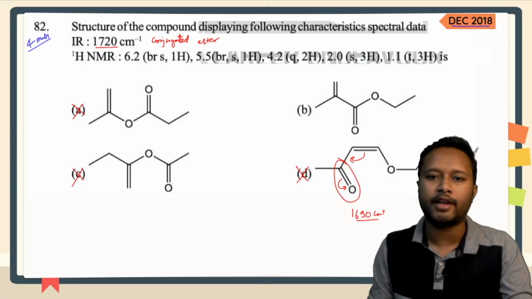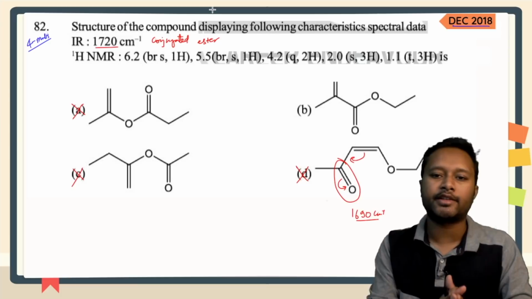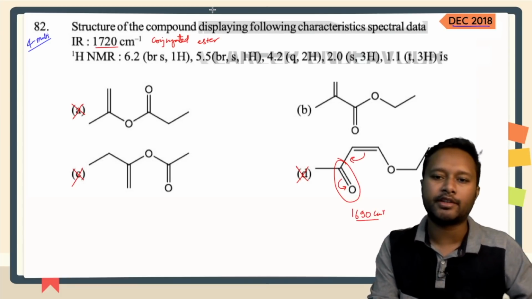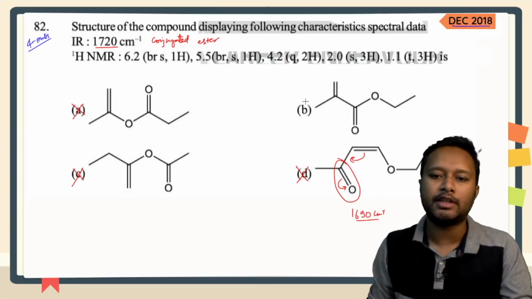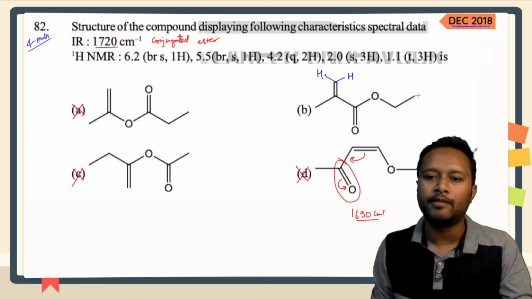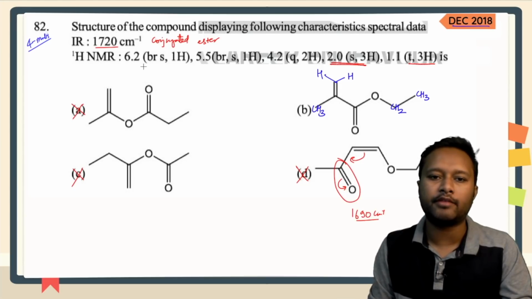Let's look at the NMR data and analyze whether it justifies this or not. Alright, so here if you see, you will have two types of hydrogen over here. Now this is a CH3 group and this is a CH2 group, and here again you have a CH3 group. So let's write down the chemical shifts for them. So you have a 3 hydrogen singlet at 2.0 chemical shift. Any other place where we have a 3 hydrogen singlet? Here we have a 3 hydrogen triplet. Alright, a 3 hydrogen singlet we don't have anywhere else.